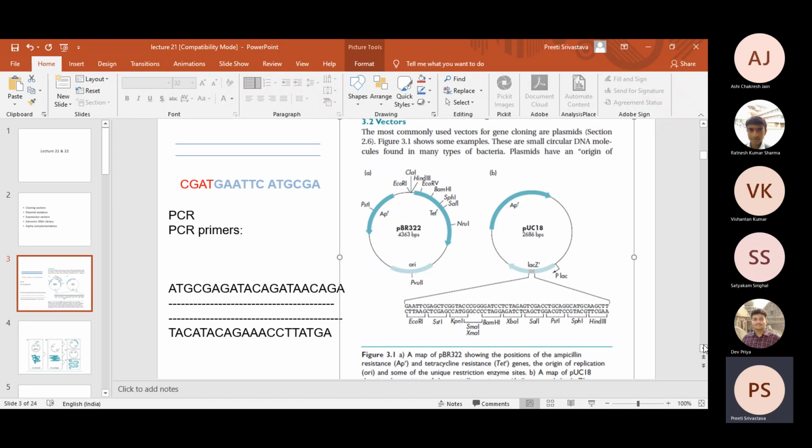Class, for pUC19, how can we do directional cloning? Ma'am, here also we'll go by the similar method, but since we have only one resistance cassette, we'll have to see something in the lacZ region. Right, right. So you are not going to touch ampicillin.